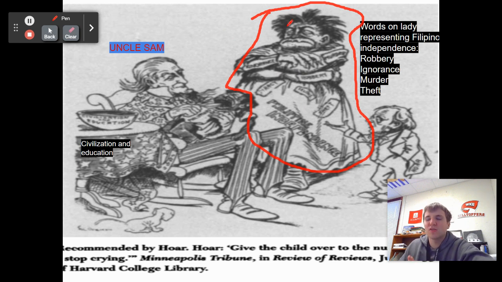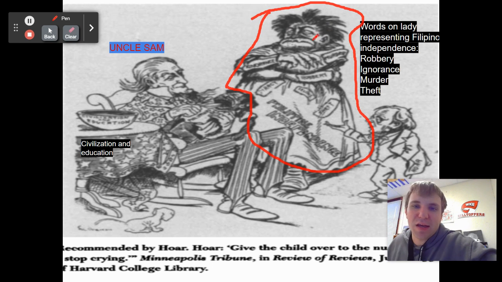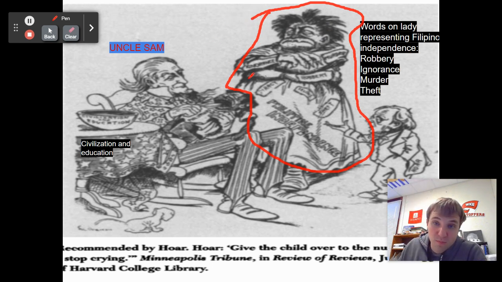Now, the lady on this, not the most attractive looking lady, let's just say that. Kind of scary, honestly. It says that this lady represents Filipino independence, and it says robbery, ignorance, murder, theft. So think deep here. What is this implying? What is this implying in the United States that is going to happen if we allow the Philippines to